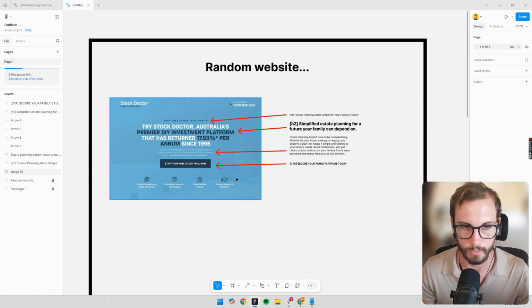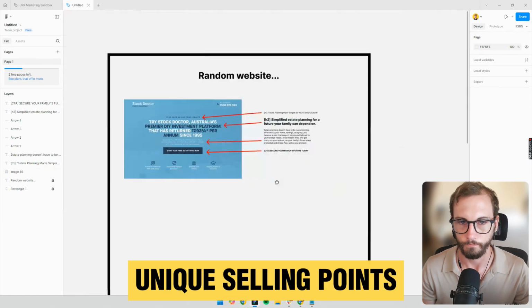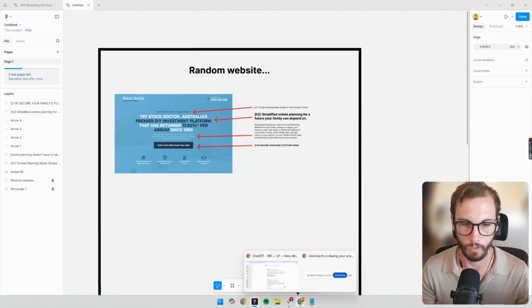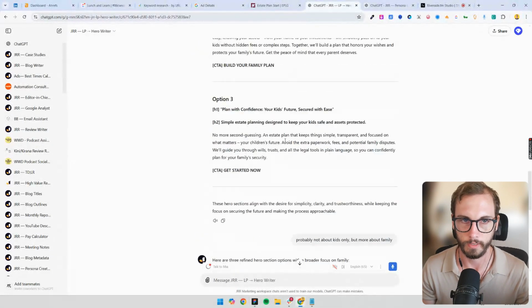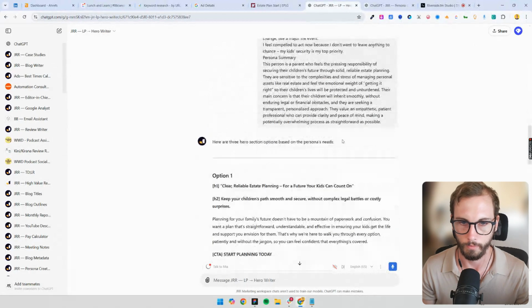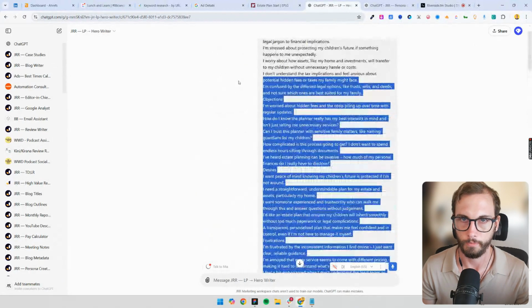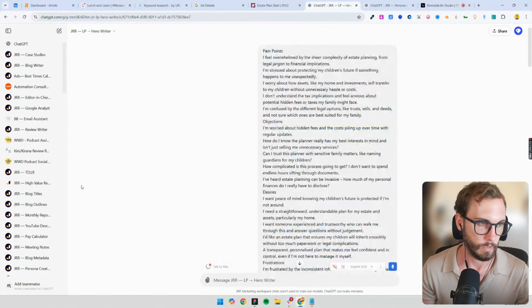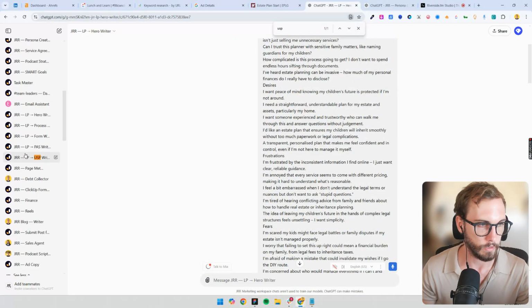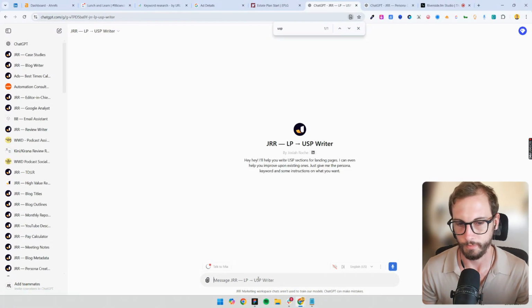Now, below it, you'll see some unique selling points, right? So I've got a script for this as well. We could use unique selling points for here. So what I might do is copy the original. And then let's go USP. Okay, let's come up with some USPs.